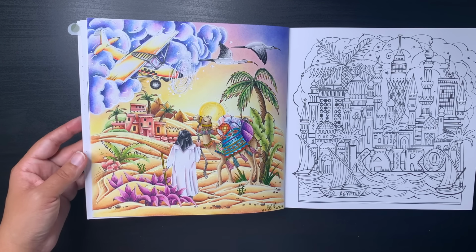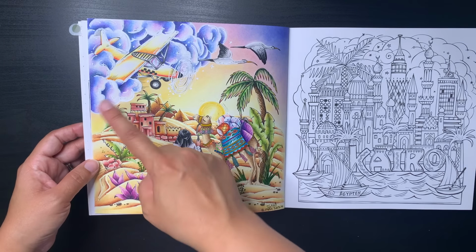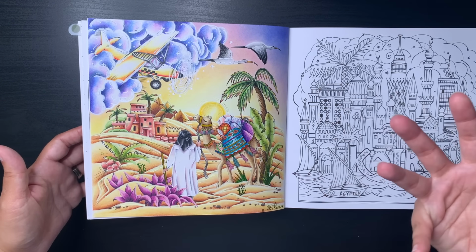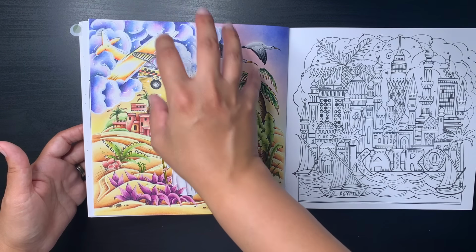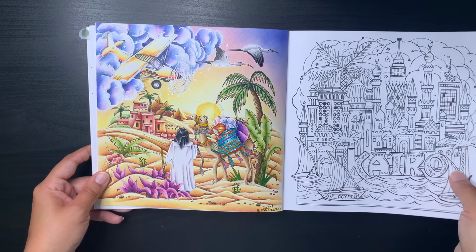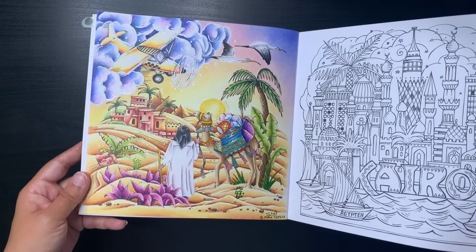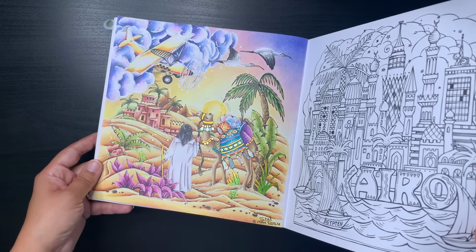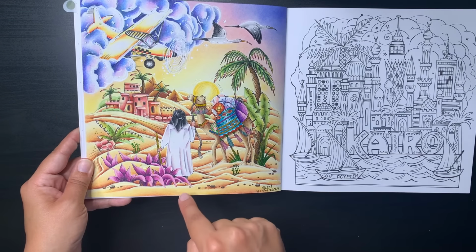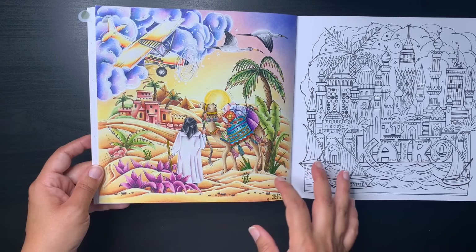I think they give a real impact with the colors I've chosen, with the white outline, and it just works really well with the yellow plane breaking through them. So I really like that aspect of this page especially. And yeah, I used soft pastels. I used my Art Brut Dura pencils, dry and probably wet as well in certain areas. I used a lot of gel pen, glitter, metallic. I like how my white clothing turned out there. I like how I've done my sand dunes. It's a lot of yellow though,